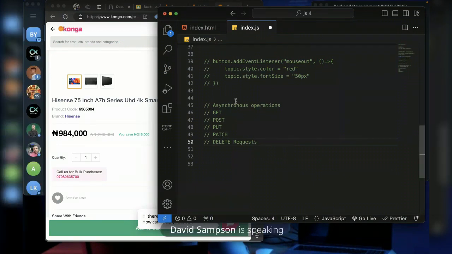Any request you make to the backend to get information, maybe multiple pieces of information or a single one, is called a GET request. You are making a request to the backend to give you data from the database. That's called a GET request.